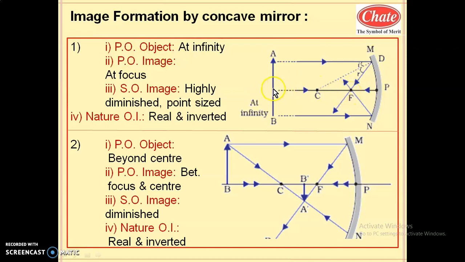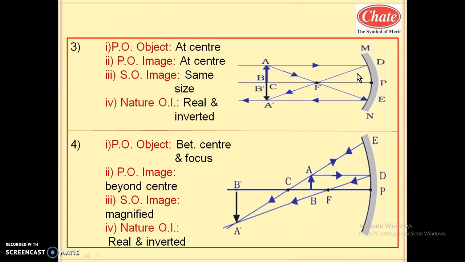Now the ray which is passing along the principal axis: here the angle of incidence becomes 0. As the angle of incidence is 0, the angle of reflection is also 0, because this is the radius, and the radius itself is the normal. As angle I is 0, angle R is 0. So the incident ray reflects along the same line on the principal axis. Check the law of reflection: this radius shown by the dotted line is itself the normal. This is the angle of incidence, this is the angle of reflection. You will find angle I equal to angle R.